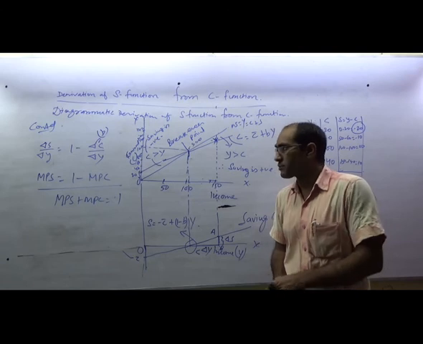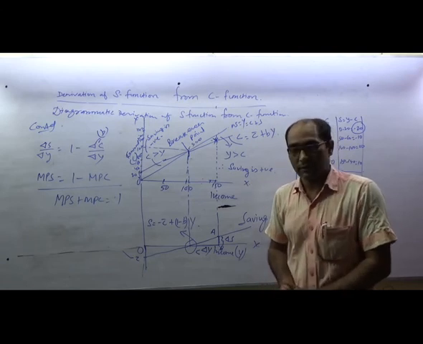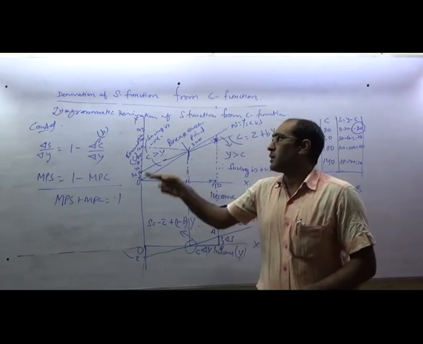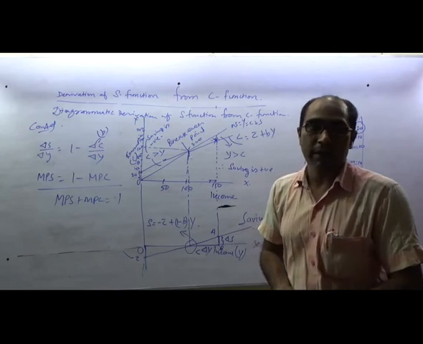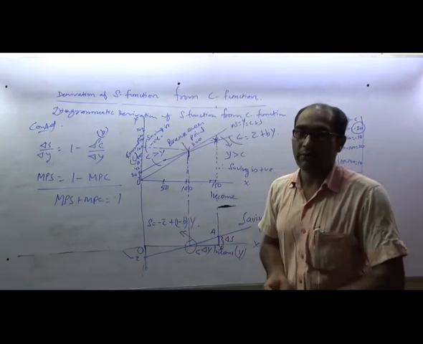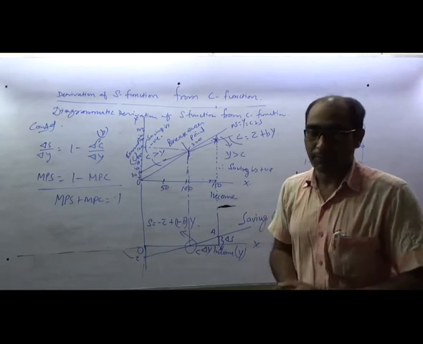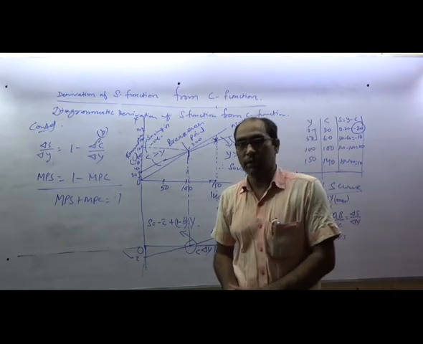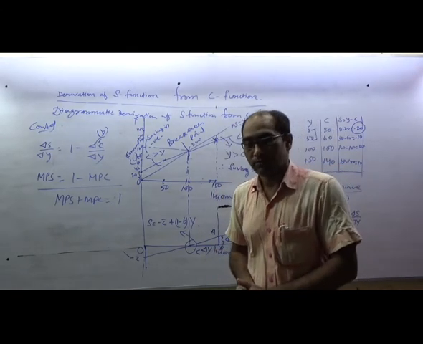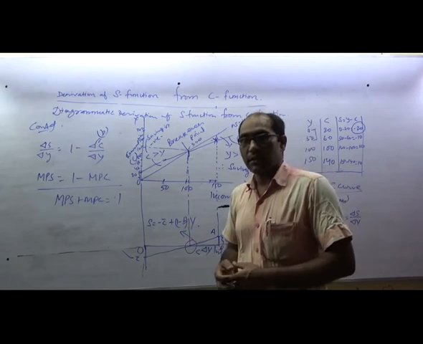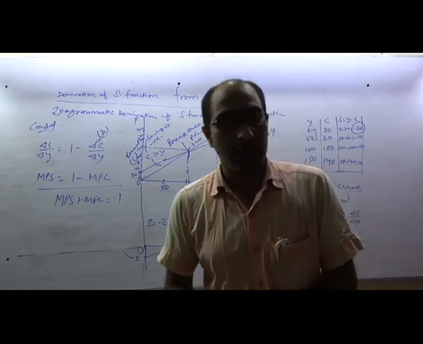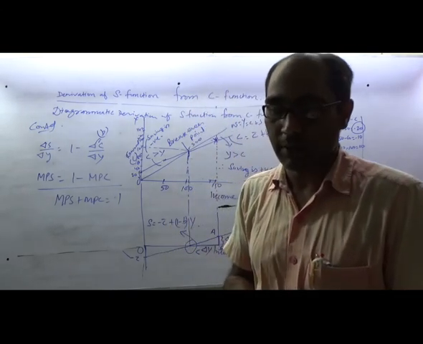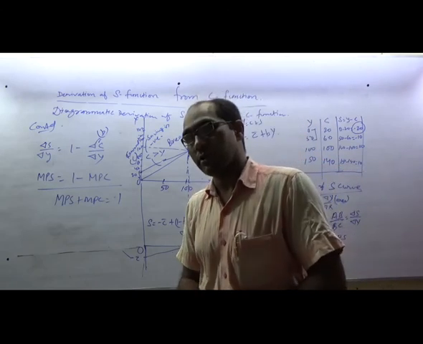Today, it's over now. You can derive the saving function from the consumption function with the data, that is the tabular presentation or schedule, as well as with the diagram. So, thanks for today. In the next class, we'll discuss the relationship, because it's lengthy to discuss all the points in the same class. It will create a burden for you. So, in the next class, we will deal with the relationship between propensity to consume as well as propensity to save. Thanks all.